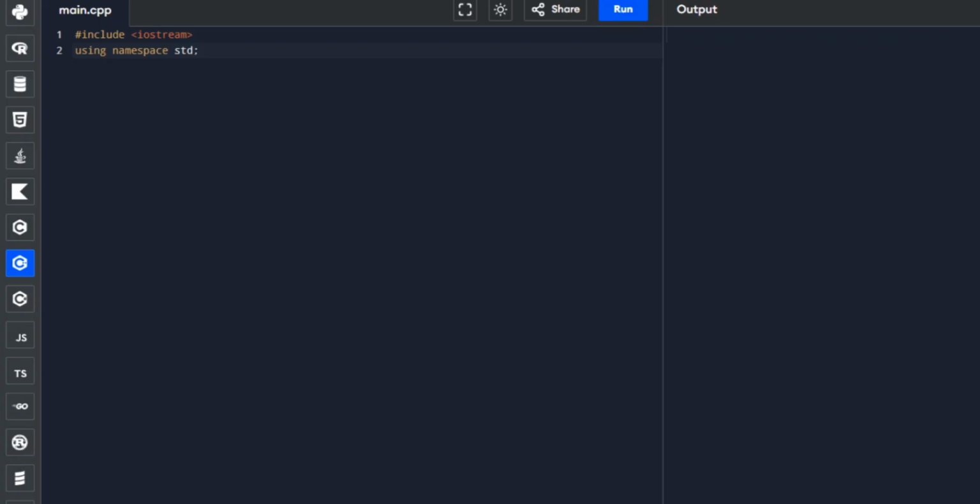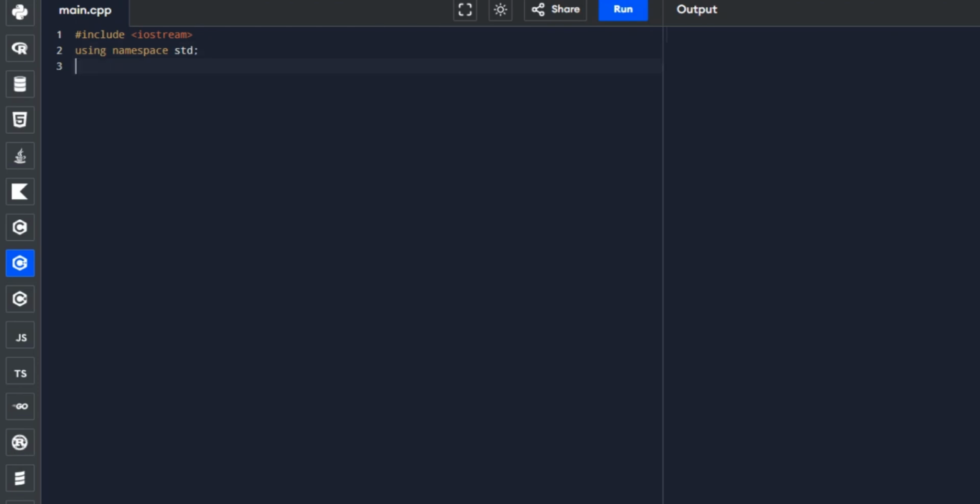After that, we will be declaring an enumeration, and we will name it Color, with three values.